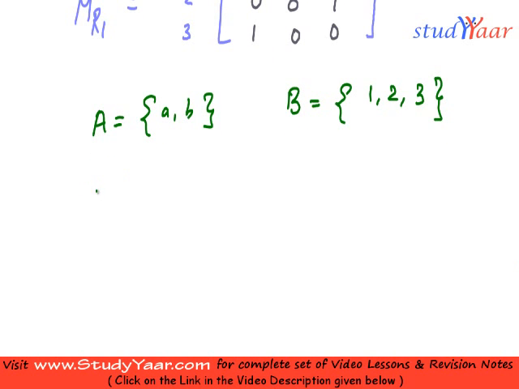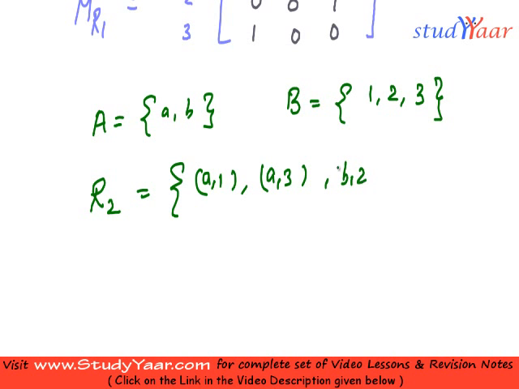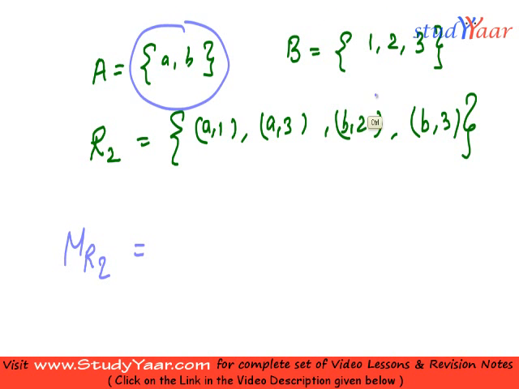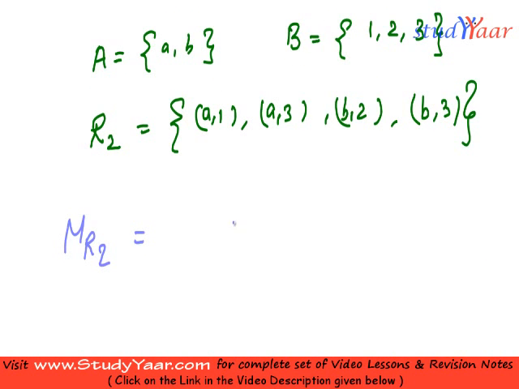Let us assume I have a relation R2 from A to B with elements (a, 1), (a, 3), (b, 2) and (b, 3). So how are we going to represent R2 in a matrix? We are going to write MR2. It is a 2 cross 3 matrix. Okay, so we are going to represent